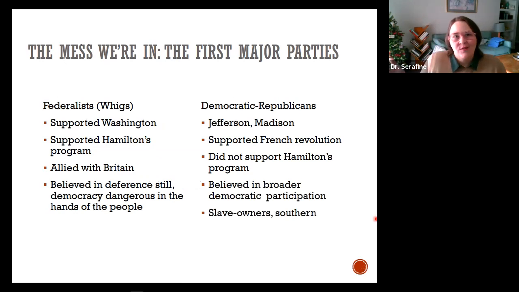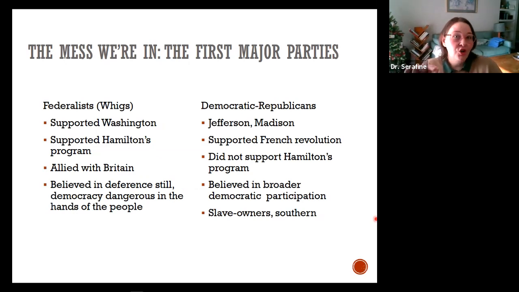The Constitution created the first two parties right away. You get the Federalists, the Whigs on one side, and the Democratic Republicans emerge on the other. Don't get too attached. Again, you can look for the threads, the connections to our own contemporary parties, but it's not going to be nice and neat. It's going to be much more messy than you would expect. So don't spend too much energy trying to figure out which one are the Democrats and which one are the Republicans. Doesn't quite track like that.